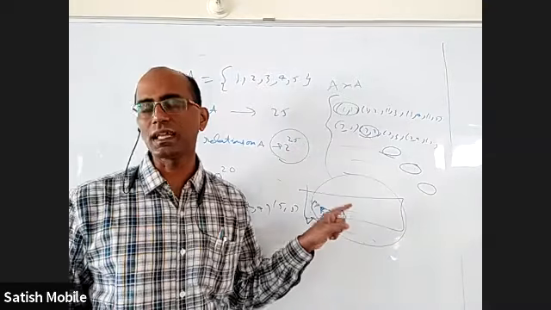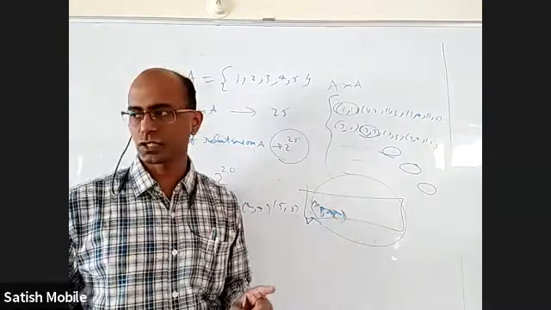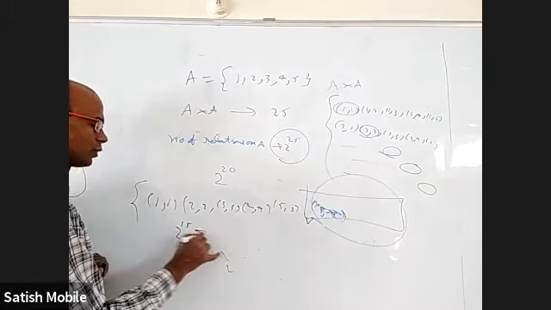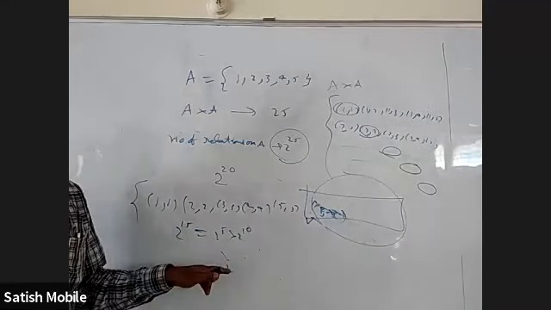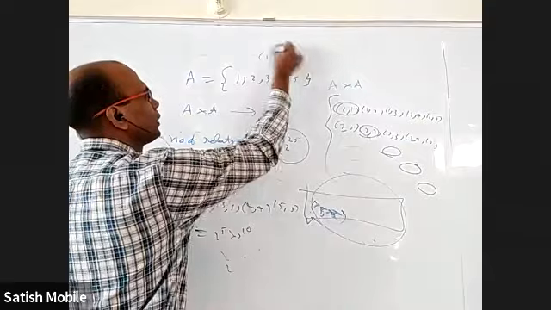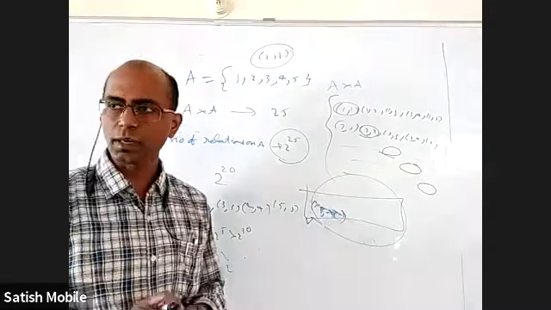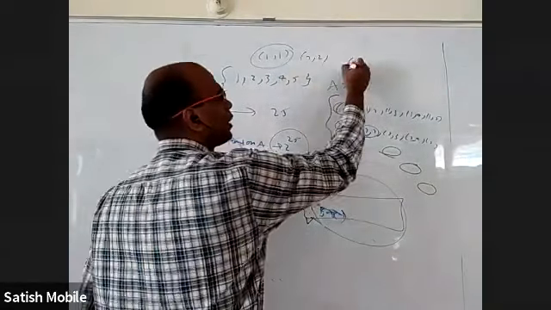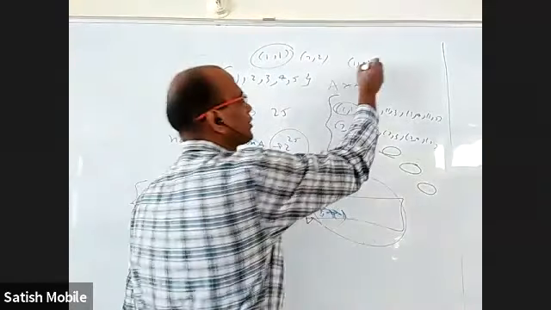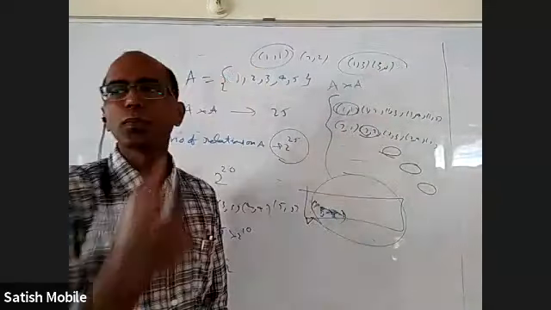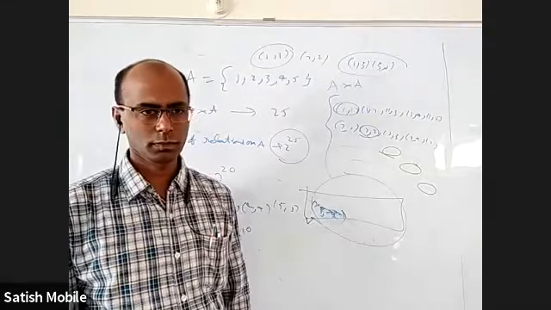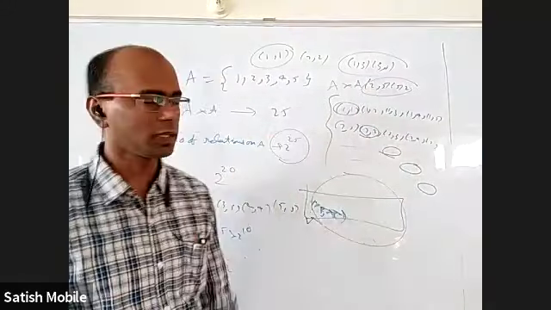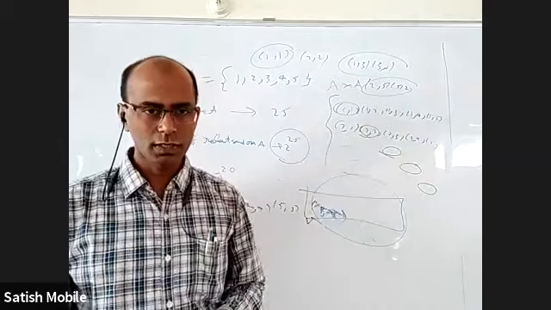If you want a symmetric relation, listen carefully. It is 2 power 15, which is actually 2 power 5 into 2 power 10. What is that? 1 comma 1 alone may be there, may not be there in a symmetric relation. It is not compulsory. 2 comma 2 alone may be there, may not be there. But 1 comma 3 cannot be decided by itself. You take 1 comma 3 and 3 comma 1. Either both should be there or both should not be there. Similarly, 2 comma 5 and 5 comma 2. If this is there and this is not there, it will not be symmetric.